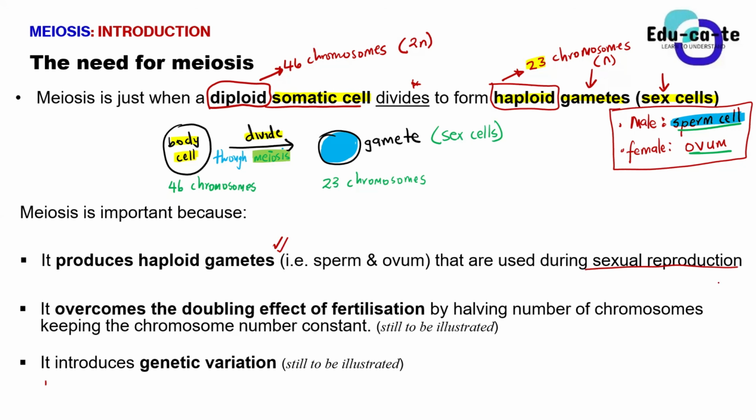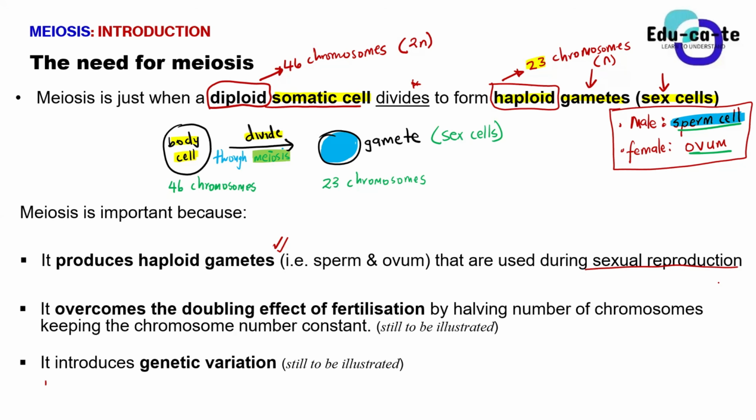For example, at some point in your life you are going to have babies. For you to make a baby, you need a sperm cell and an ovum, guys. If you don't have sperm cells right now, start finding some, I don't know where. But basically, to make a baby, you need a sperm cell and you need an ovum.